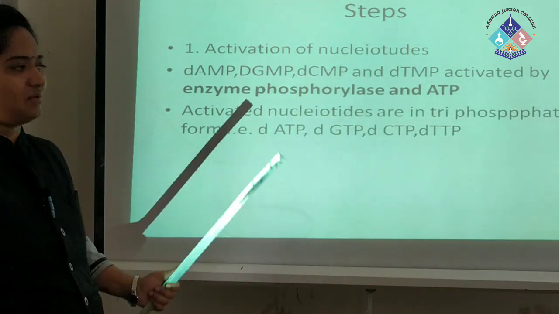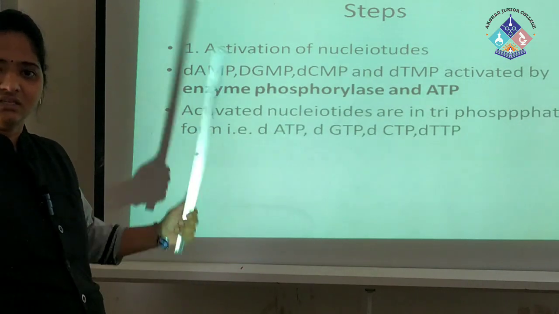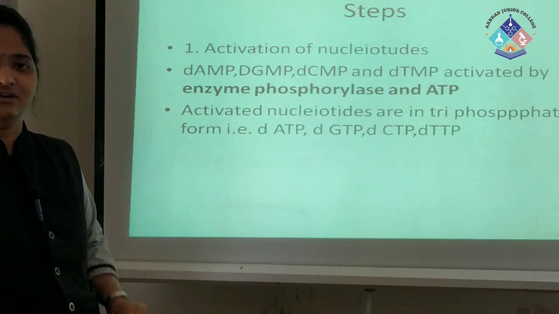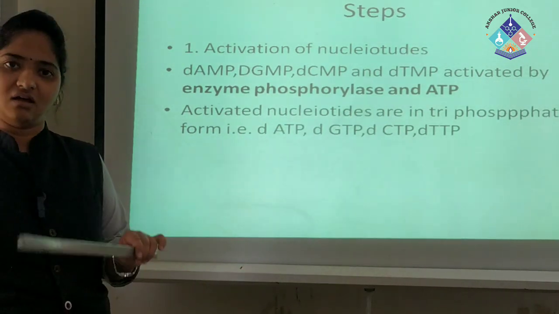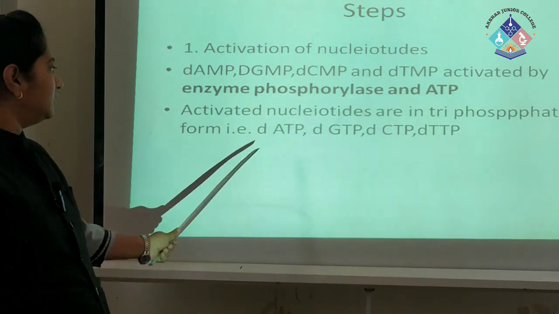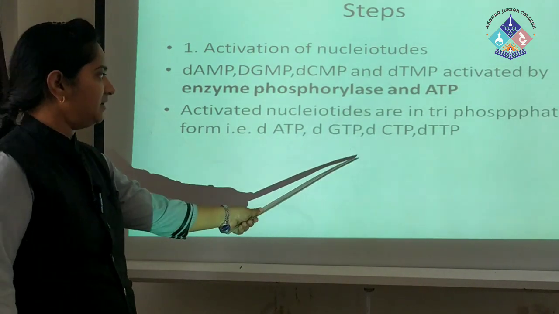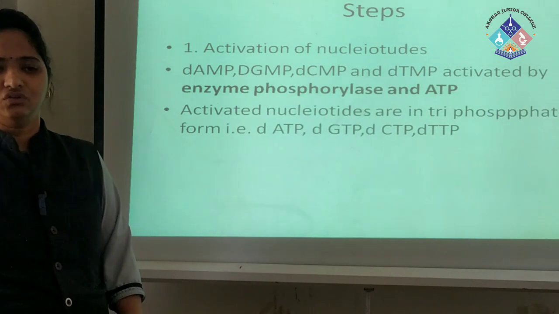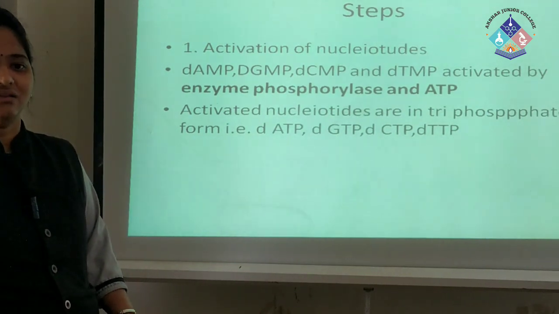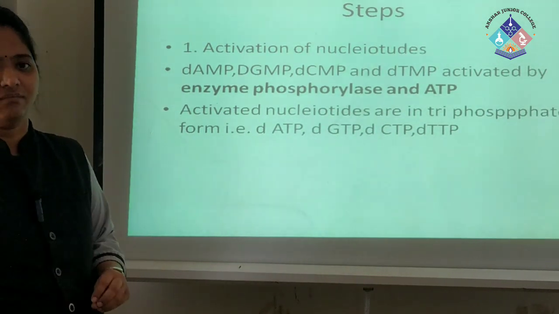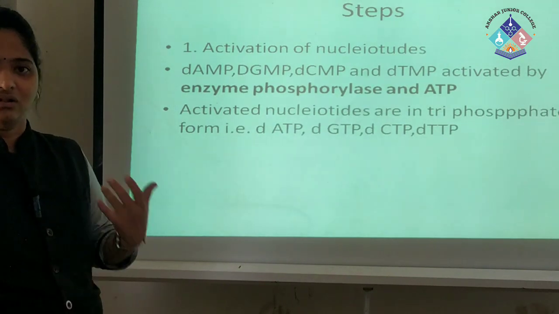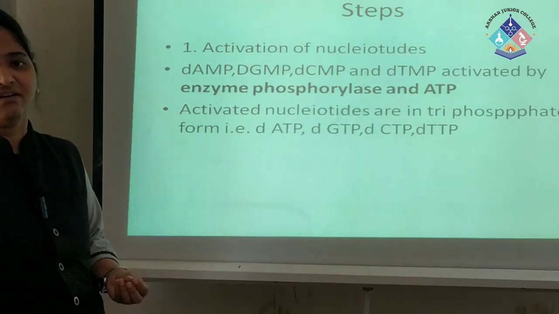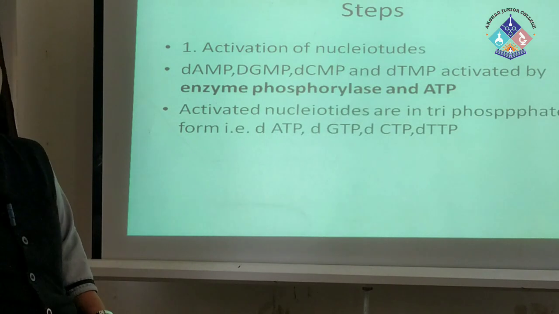With the help of phosphorylase and ATP, these monophosphates are converted into triphosphates, meaning the active form, that is dATP, dGTP, dCTP and dTTP. So these nucleotides are in active form, and all of them are needed for the formation of new daughter DNA